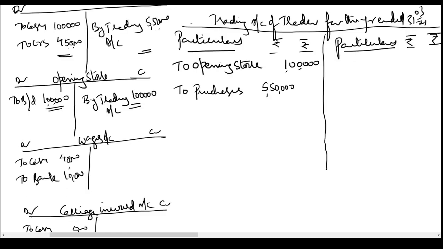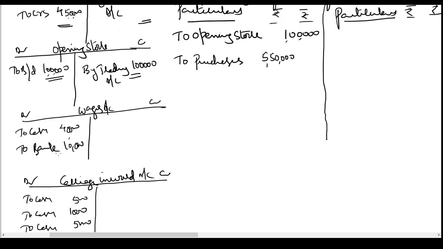Then we come to the next expense account which is there in our ledgers, wages account. It is showing some balance, 40,000 plus 10,000. These are the wages paid to the workers who were involved in loading and unloading the goods. This account has to be closed. Again, it is a nominal account. This account has to be zeroized at the end of the year. This account can be zeroized only by crediting this account. So we'll simply write by trading account 50,000. So we go to the trading account and there we write to wages 50,000 on the debit side.